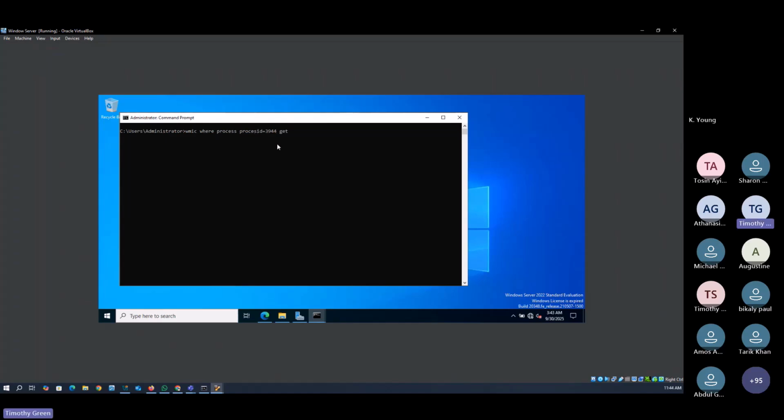So we want to get the process name first of all, the name of the process, the process ID itself, even though we know it, and the next one, parent process ID. So WMIC, where process ID equals this process ID of notmalware.exe, we are retrieving the name, the process ID and the parent process ID. So if I press enter now,